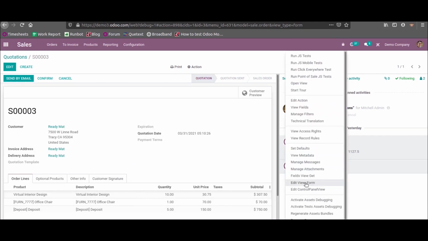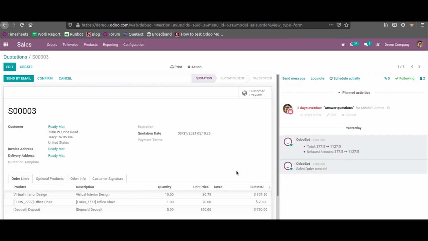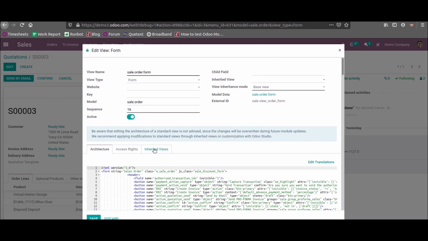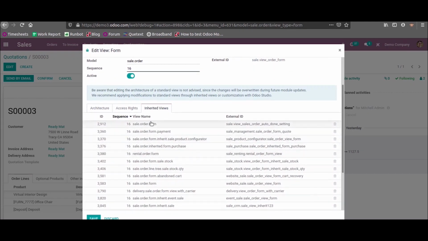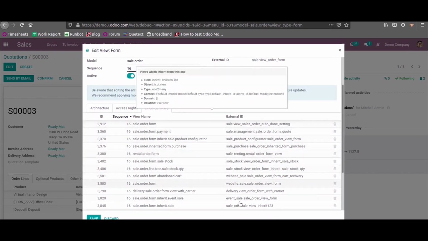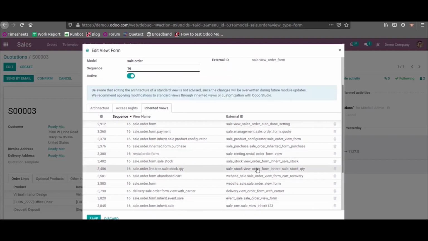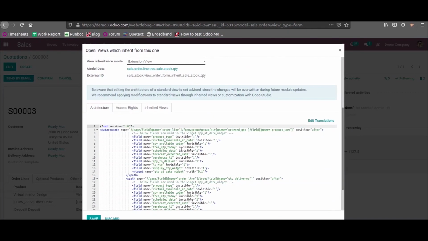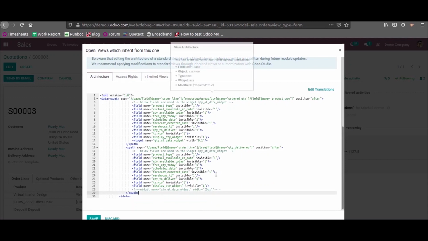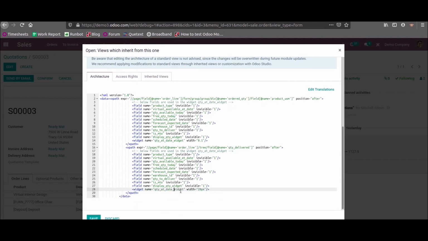So let us uncomment it. It was inside the sale order, in the inherited view, the sale stock quantity. If I click it and uncomment this, here you can see most of the fields are invisible. If you read this commented line, it says the below fields are used in the quantity at date widget.